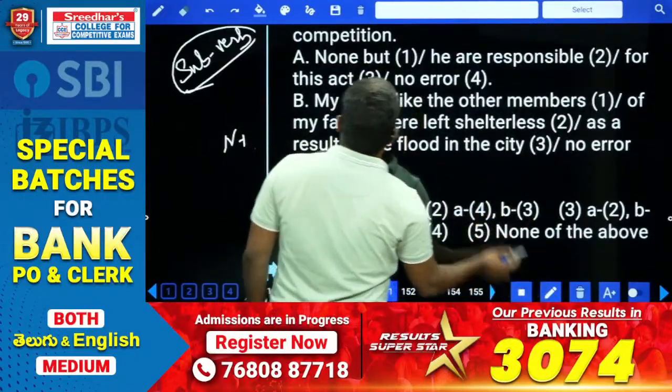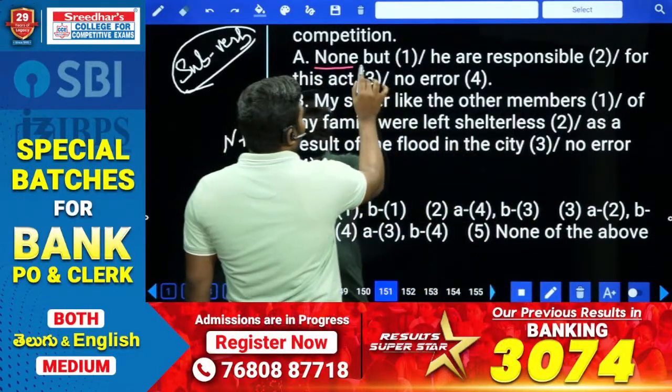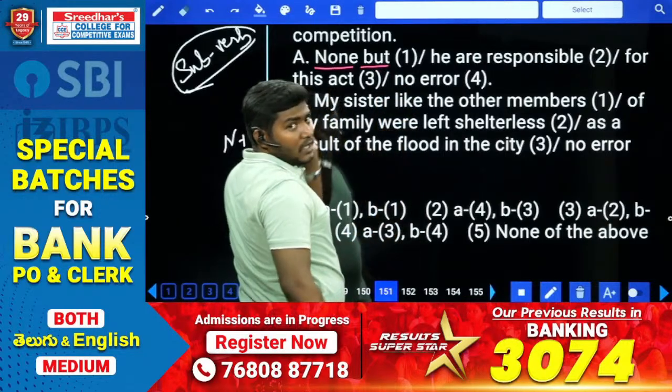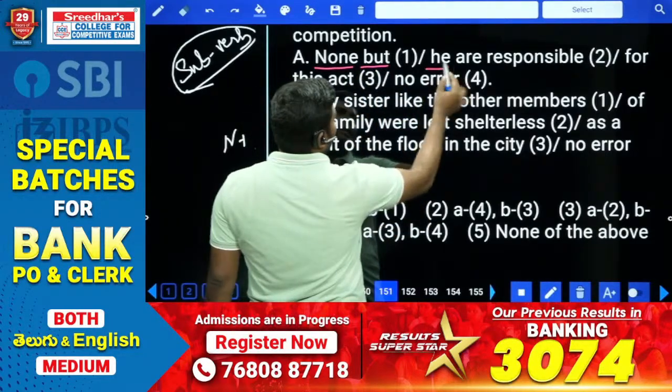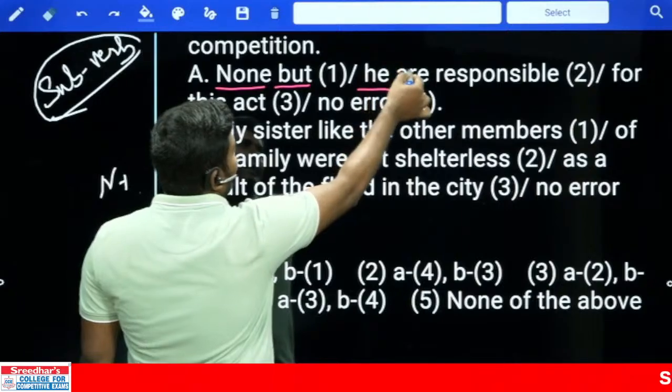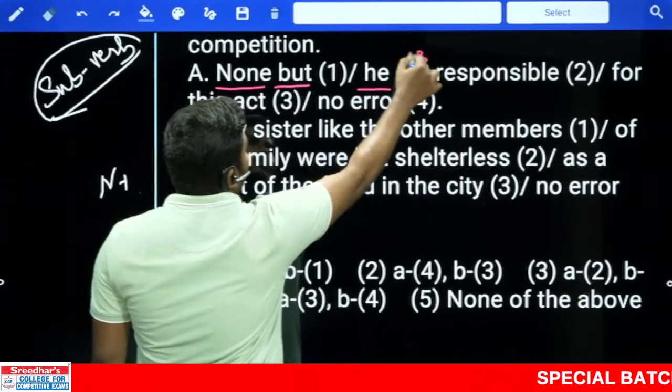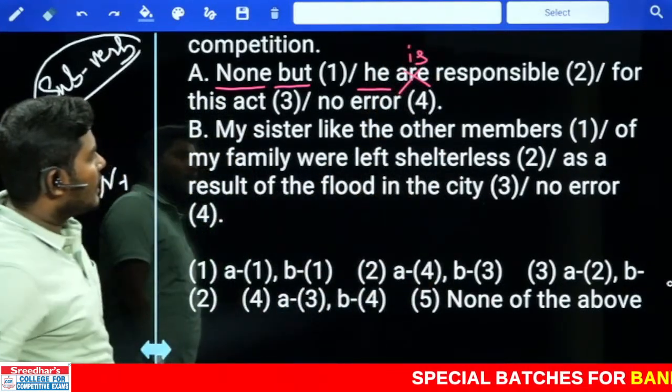What is the statement given now? None, case number one. But if it is but not, the rule can be applied. But what is given here? But he is given. Now the verb should agree with the second one. Now what is the second one? He. That should be used with is. Okay, next, look at the next one.